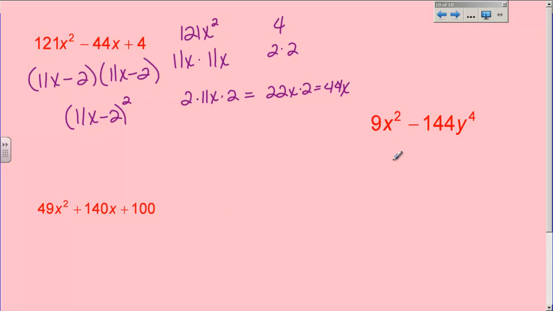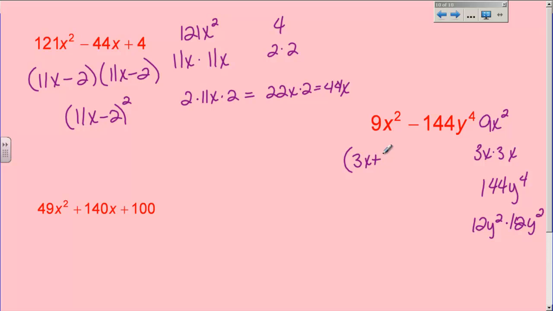So test this one. Use what we just did. Pause for a second. Decide if this is going to be a difference of two squares. 9x squared is going to be a perfect square because its factors are 3x and 3x. 144y to the 4th is also a perfect square because its factors are 12y squared and 12y squared. And so then when you factor, you come up with 3x plus 12y squared and 3x minus 12y squared. And so those are your